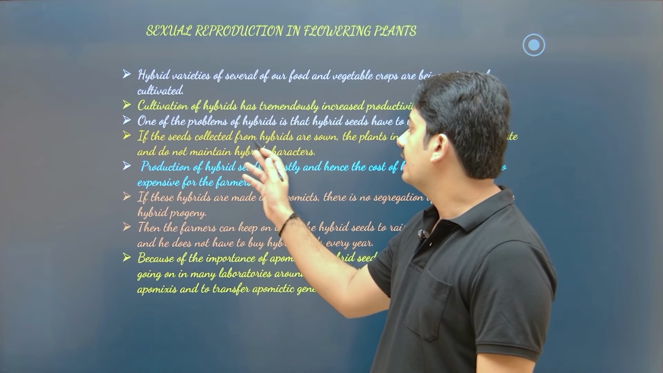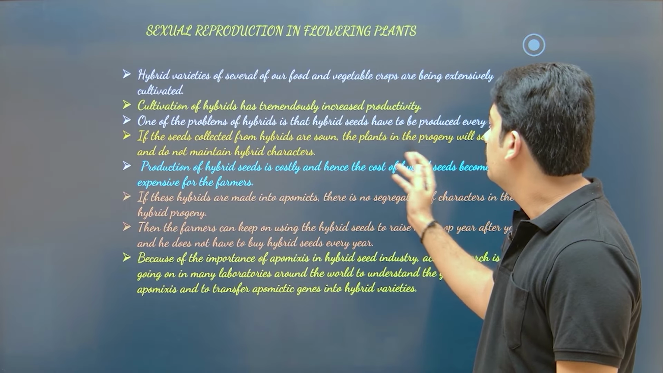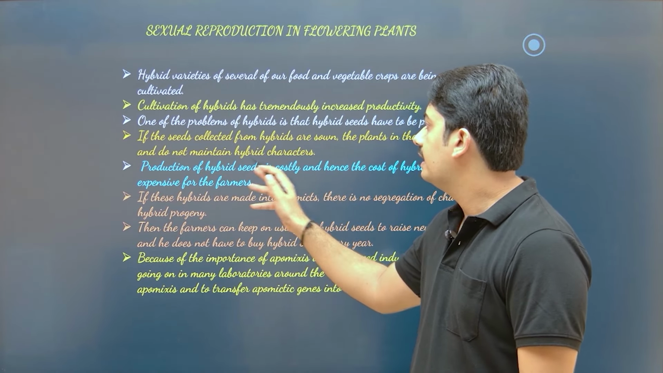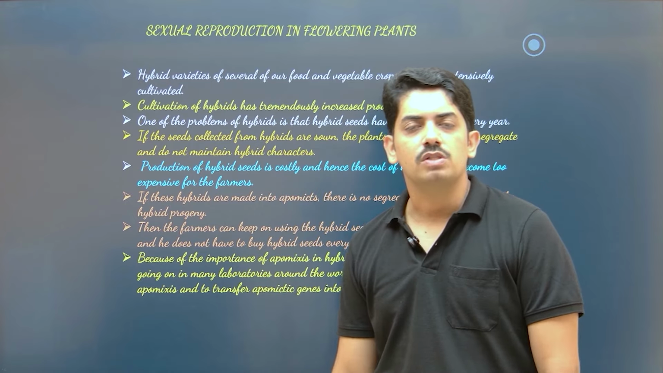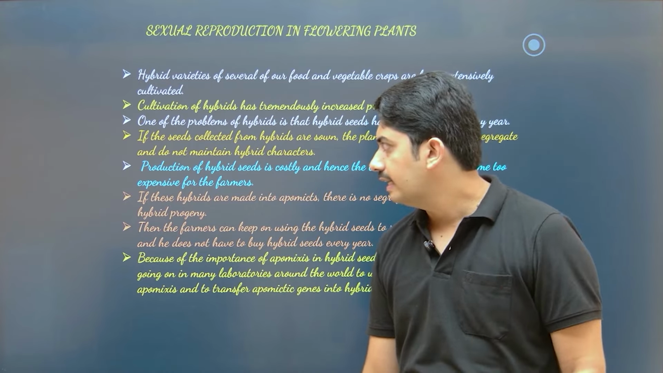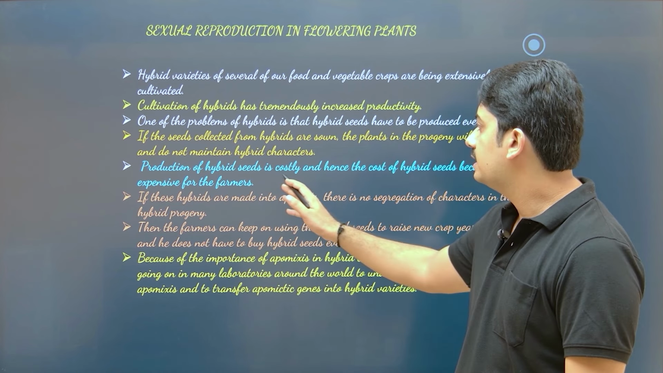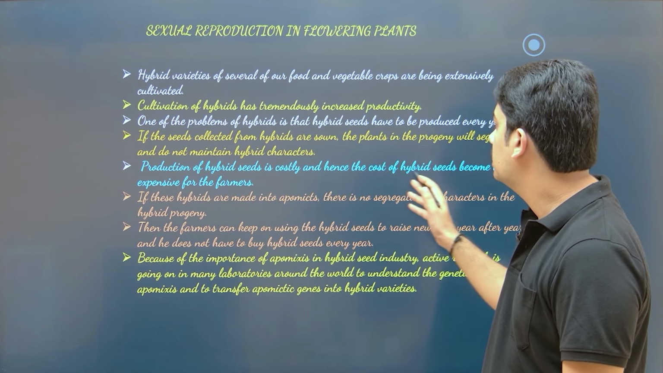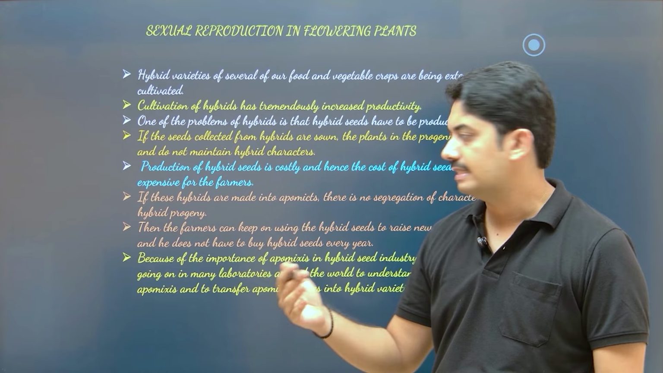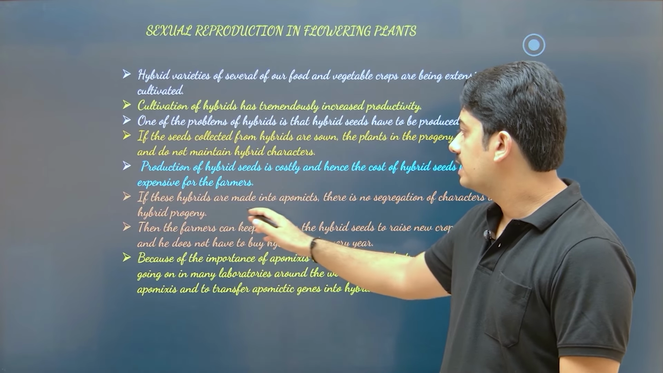If the seeds collected from the hybrids are sown, the plants in the progeny will segregate and not maintain the hybrid character. Because of segregation, what happens? The hybrid character cannot be retained. Production of hybrid seeds is costly, and hence the cost of hybrid seed becomes too expensive for farmers, as I said. If these hybrids are made into